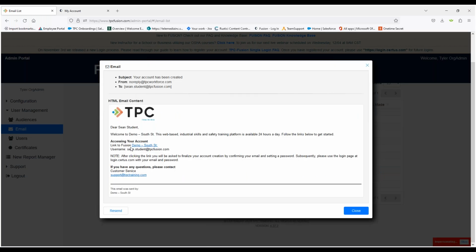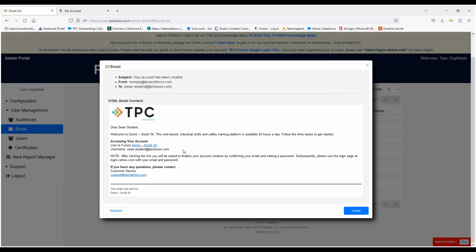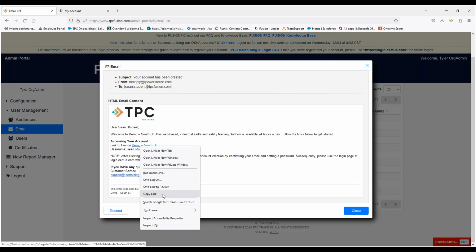So for that initial registration, many of you will receive an email similar to this. It'll have a custom logo. It'll access any information about your account, including the first name, last name, a link to Fusion, which includes a one-time use registration URL. It'll forward you over to